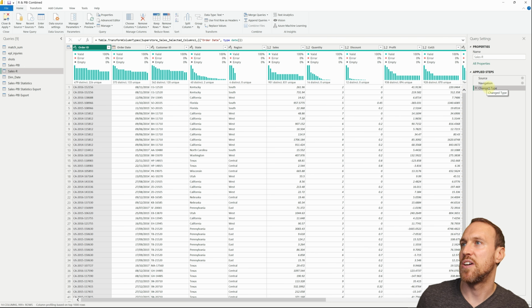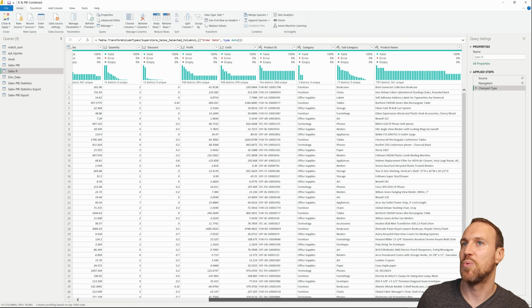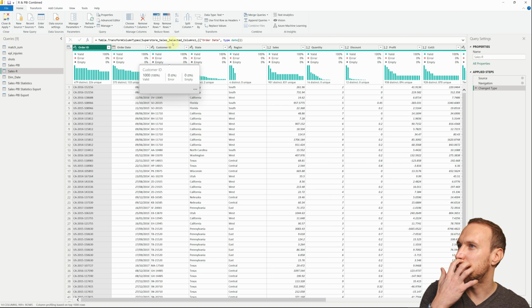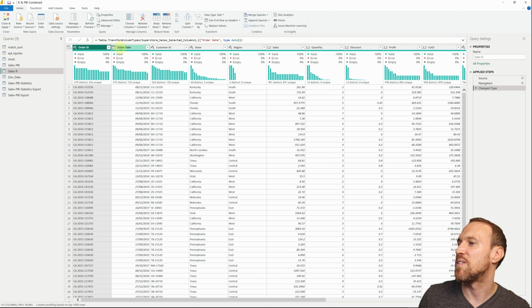And then change type is basically just changing any of the types that don't match to what you wanted. It automatically figured out what the types were, and there was only one that I needed to change to a date, because I think it came through as date time or something else. But yeah, it converted it to dates, and that's how it got there. So that's the only change I did using Power Query. And once that's saved, all you need to do is close and apply, and that will take